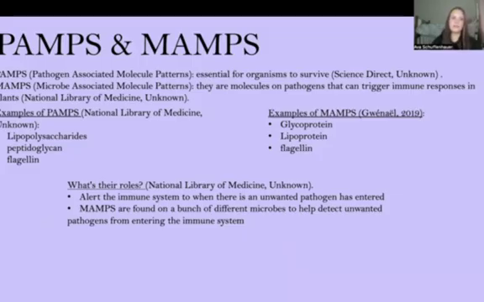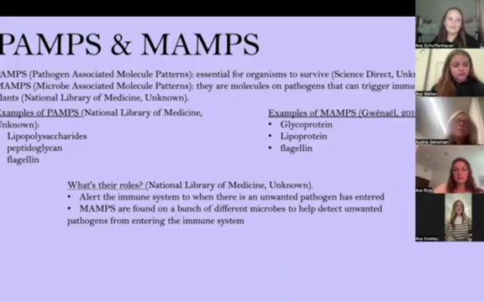PAMPs and MAMPs. PAMPs are pathogen-associated molecular patterns, which are essential for organisms to survive. MAMPs are microbe-associated molecular patterns. They are molecules of pathogens that can trigger immune responses in plants. Examples of PAMPs include lipopolysaccharides, peptidoglycan, and flagellin. Examples of MAMPs include